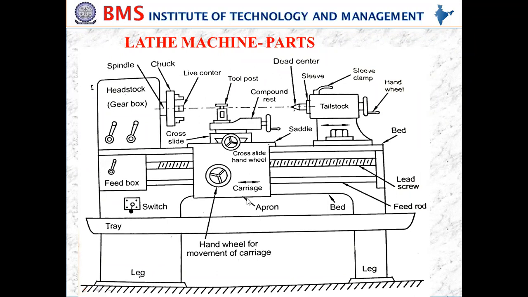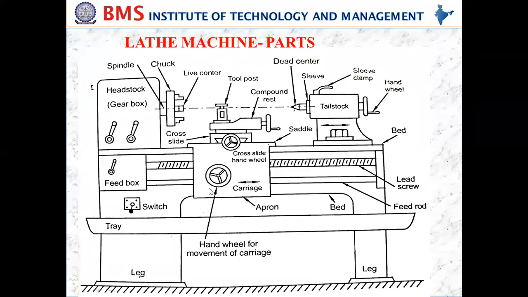If you look at that video, this carriage is moved. The carriage is moved because as the tool has to move, the entire carriage has to be moved by using this hand wheel. By using this hand wheel, we move the cutting tool in a longitudinal direction as well as the transverse direction. In the transverse direction, I use the cross slide so that the transverse movement of the cutting tool can happen. So the carriage is one of the major parts of the lathe machine, along with the headstock and tailstock.